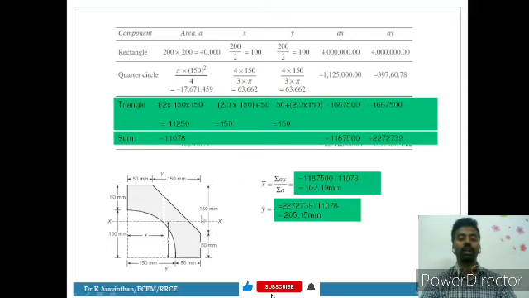And also for a triangle, how to identify the centroid? From the y-axis, the x distance is 50 mm, so 50 plus 150 into 2 by 3. That is why here it is indicated as 50 plus 150 into 2 by 3. So if you want the x coordinate of all the shapes, you have to identify it from the y plane. So this is the y plane. From the y plane, the centroid will be at 2/3 of 150.